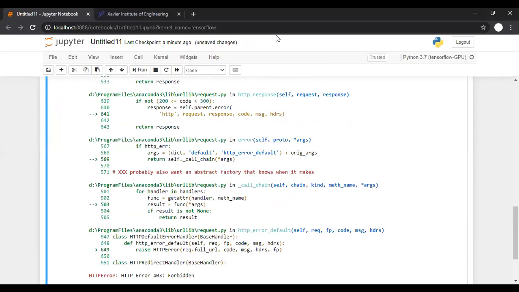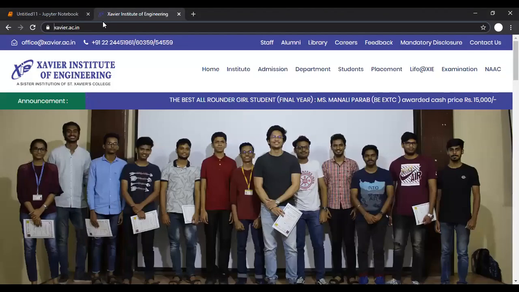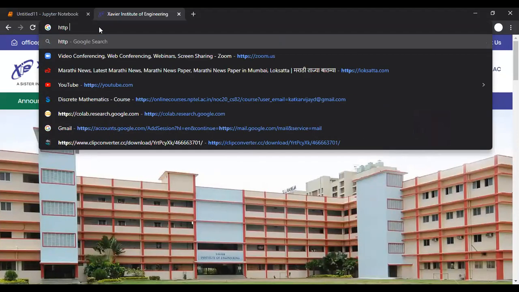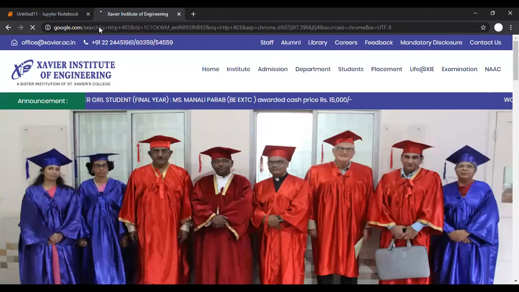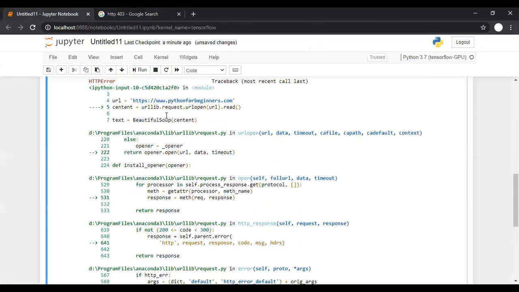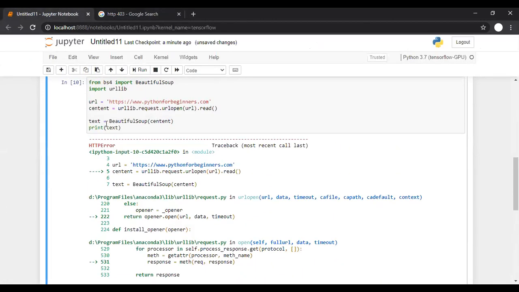If you search this error on Google, say HTTP 403 error, it will tell you the request to the resource is forbidden for some reason. And the reason here is the request is not from a browser, it is from some other program, and the firewall is configured for that.